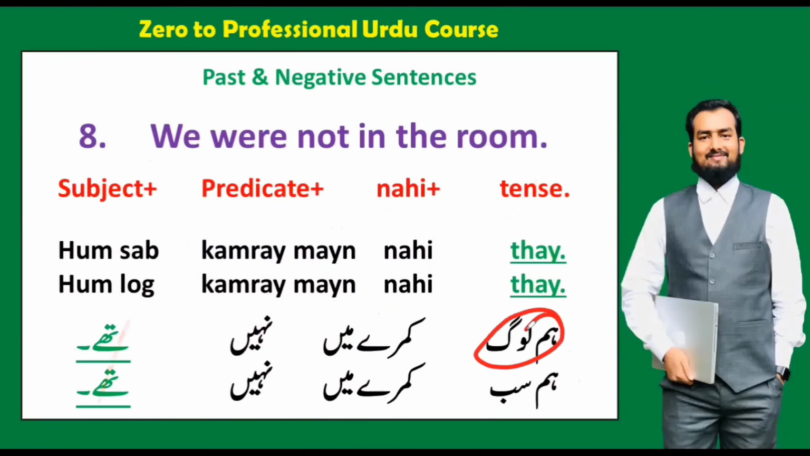Because हम लोग और हम सब we use as plural, that is why we have told here हम लोग कमरे में नहीं थे. Okay, so we were not in the room means हम लोग कमरे में नहीं थे. और we can say हम सब कमरे में नहीं थे. Okay,